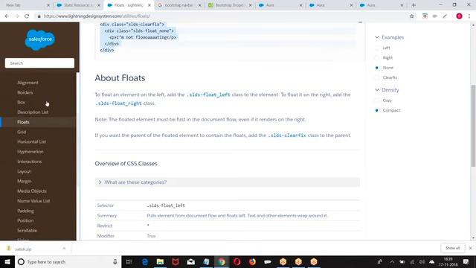Data table we have already done now. Data table is not with this CSS. Data table is a lightning:datatable. That is a different structure. It is not with the CSS. It is with the rows and a number of fields. We have done an example with the rows and number of fields. That's a different story again.